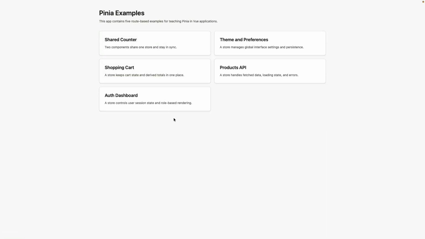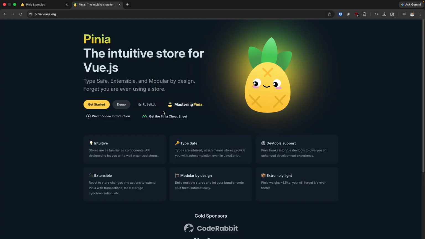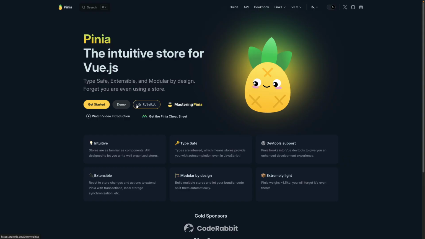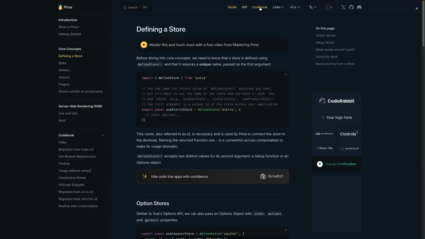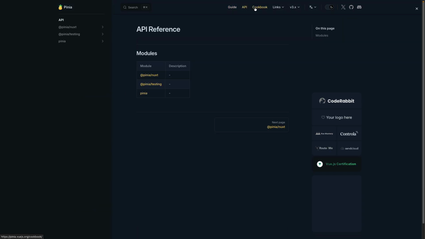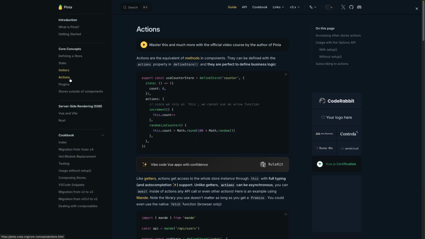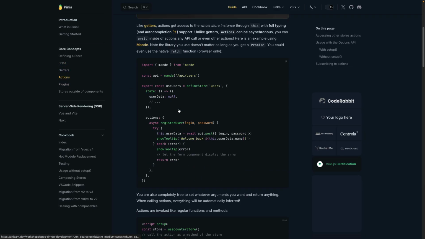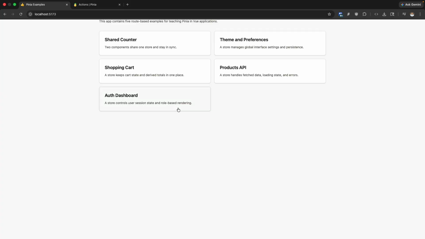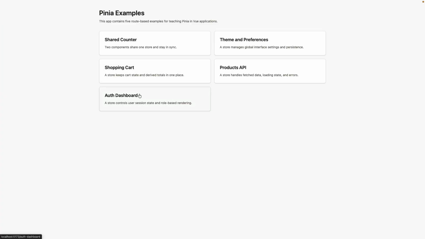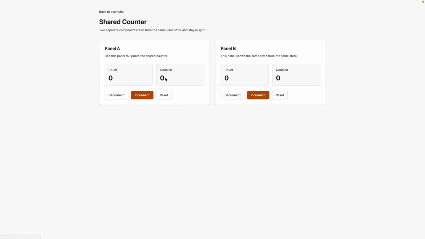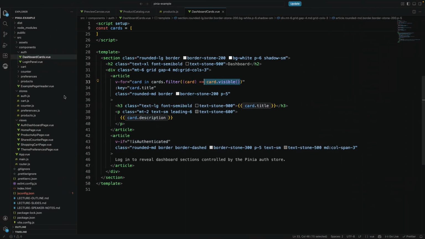So what I will be doing here is I will keep the Pinia URL, so you can go through, you see the guide, and you can see the API, the cookbook, and every element that you have, the state, the getters, the actions, like everything that is there, right? And you will have access to this application too, so you can play around and see the source code